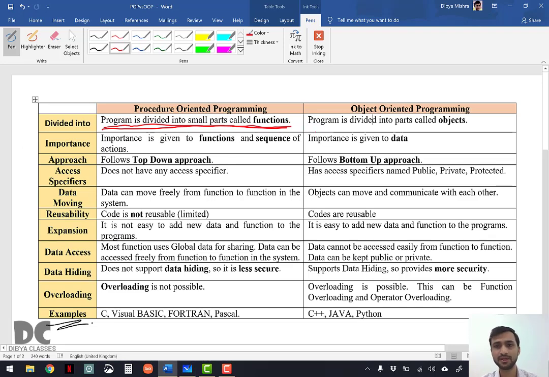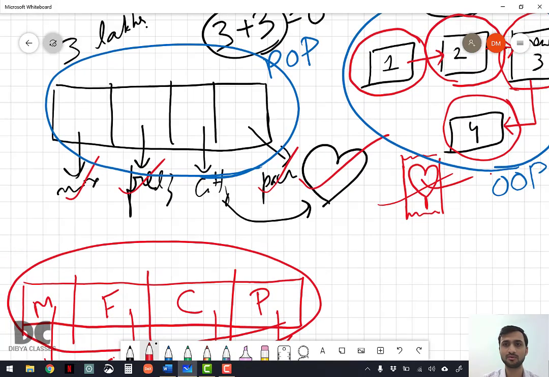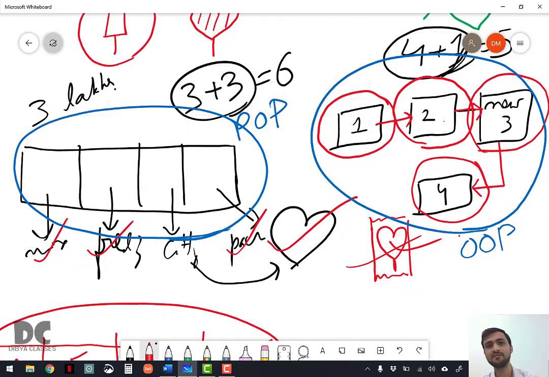In OOP, program is divided into parts called objects. What is an object? An object is a self-contained unit of data and code. Here 1, 2, 3, 4 are objects. They have their own properties. Like 1 has a property of mixing, 2 has a property of freezing, 3 has a property of cutting, 4 has a property of packing.